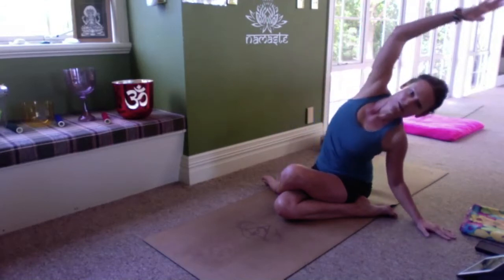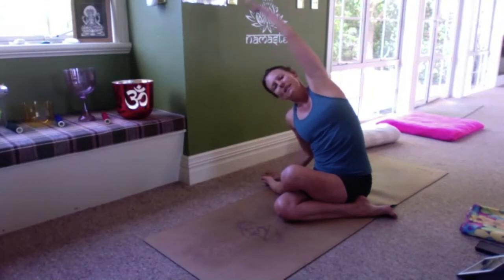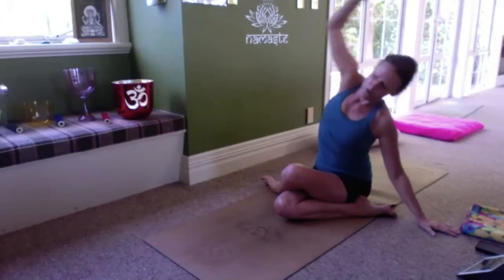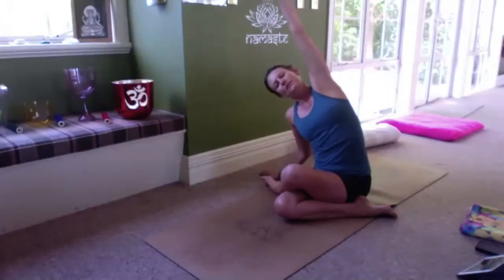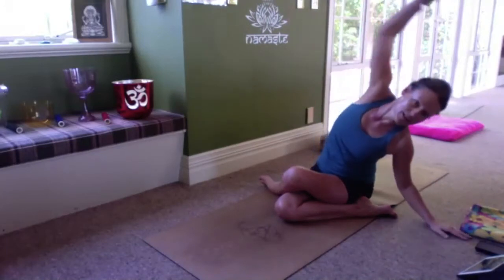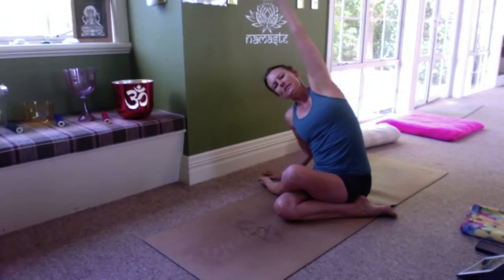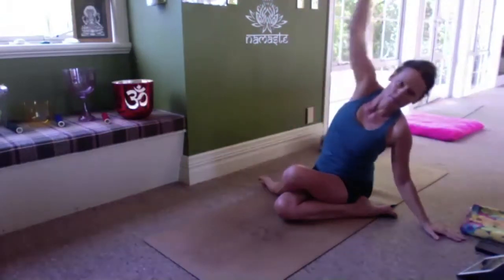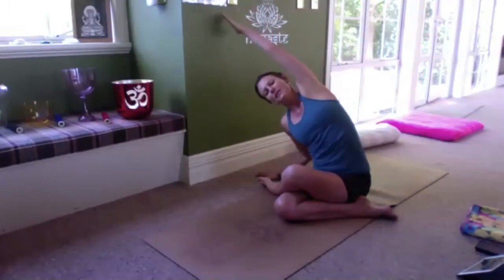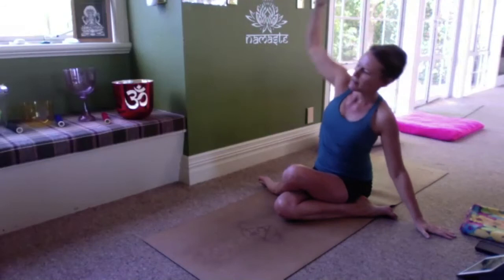And then begin to side bend, exhaling to one side and inhaling it up. We've already done this for quite a long time, so just a couple more times to each side before we move into the stillness. Of course, if you want to keep going with the side bending action for longer, do so. But when you're ready to come